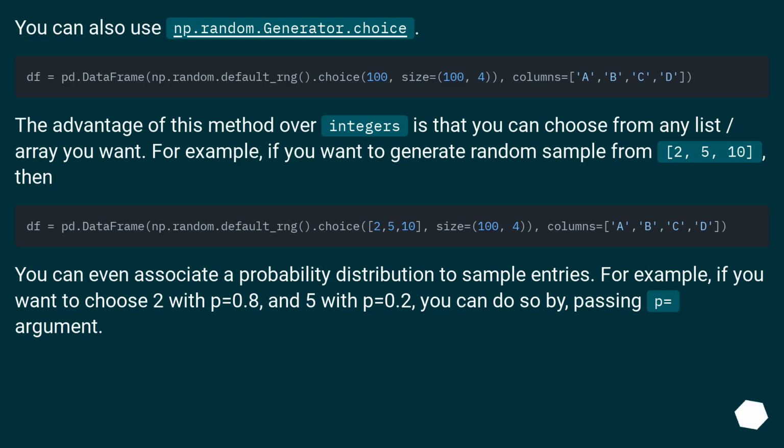You can also use np.random.Generator.choice. The advantage of this method over integers is that you can choose from any list or array you want. For example, if you want to generate a random sample from 2, 5, 10, then